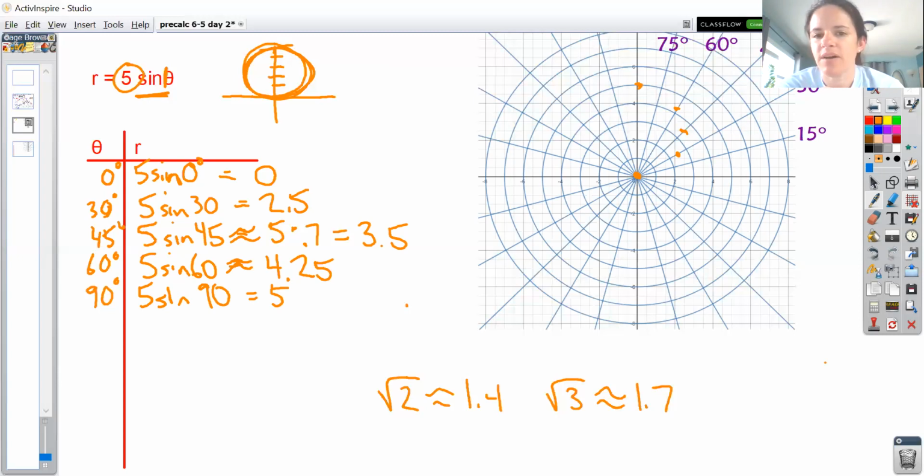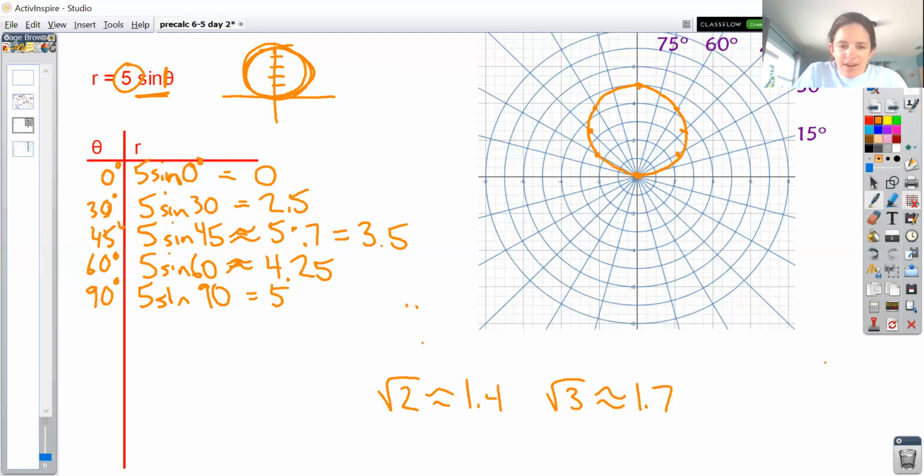That means if I go to 120, it would be back at the 4.25. If I go to 135, it would be back at 3.5. If I go to 150 degrees, it would be back at 2.5. And then at 180 degrees, I would be back to 0. So it turns out if I connect these dots,